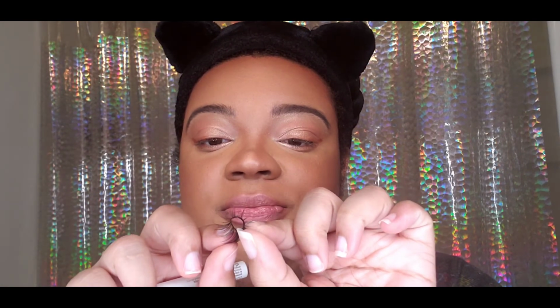So while I'm picking them up, the lash glue is drying down. Yeah, I think these will work much better. Yeah, I like those better. So one trick that I try to do is I try to hold my lashes like this so they get that curve that your eye naturally has, and then when you go to put them on, they're already,